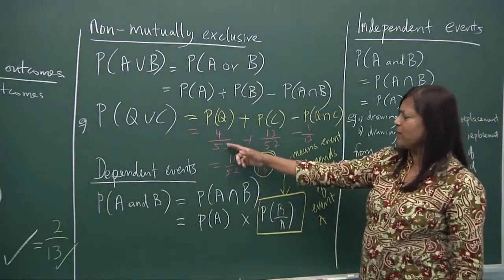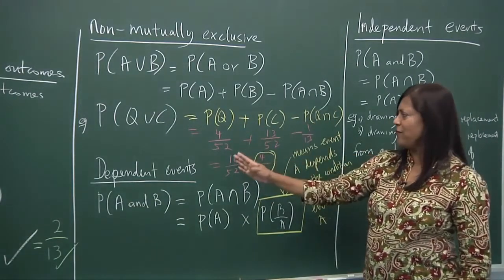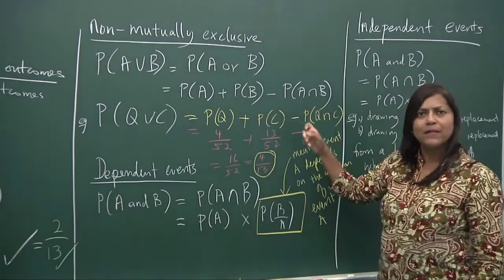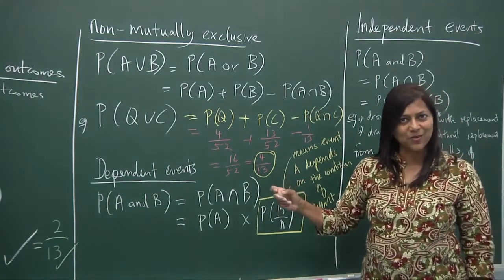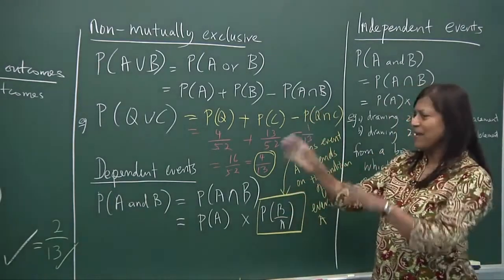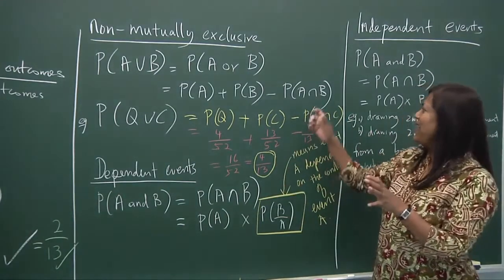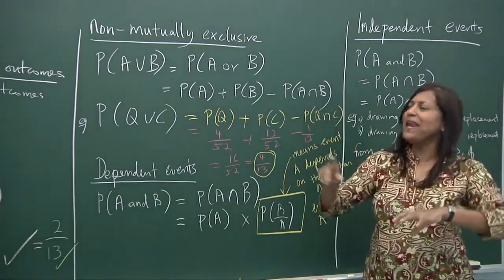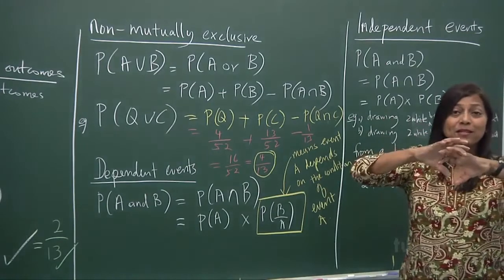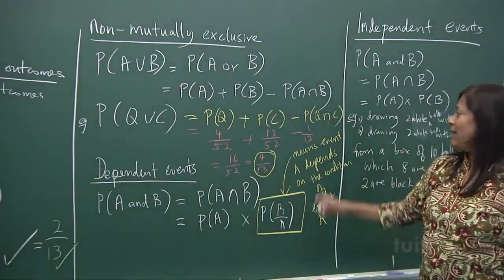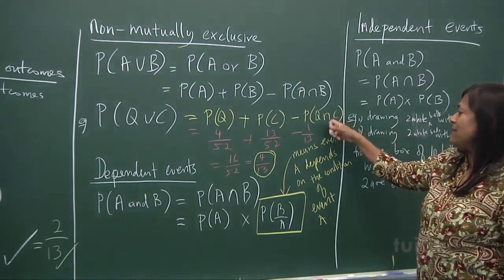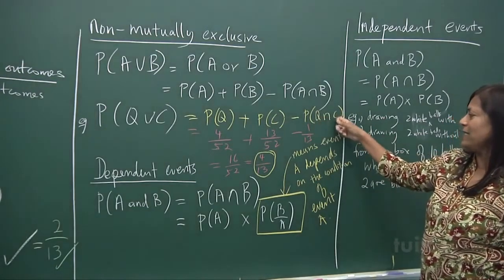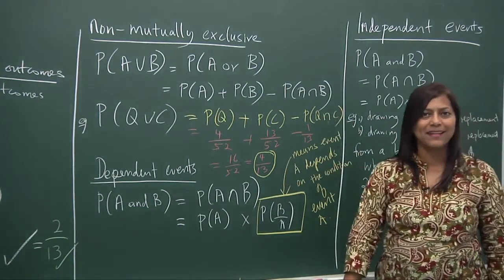So the probability of a queen is 4 queens out of 52. Probability of a club, 13 out of 52. And then you minus the 1. The queen that's a club. A queen intersect club means it's a common region. It's also in the club family, which is 13 club members, so 1 out of 13. So that's how you get it.